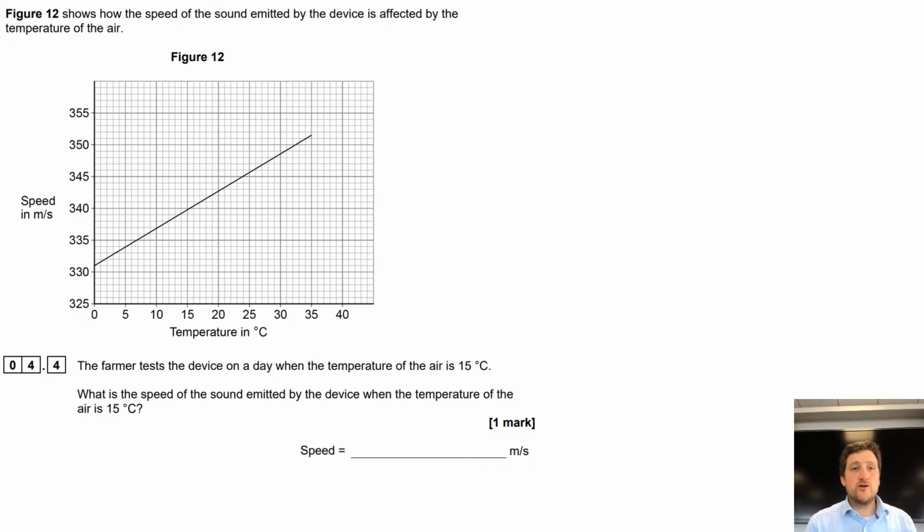Now, figure 12 shows how the speed of sound emitted. If they use a graph, they will tell you to use that graph, and they've got that question right underneath. So the farmer tests the device on a day when the temperature is 15 degrees. What is the speed of sound emitted by the device when the temperature is 15? So we're going to get to our 15. The ruler we're going to draw up, and we're going to draw across, and that speed of sound is 340